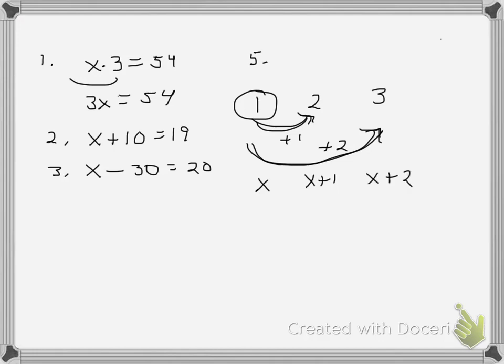So 3 numbers that are consecutive, in order next to each other, are represented by x, x plus 1, and x plus 2. So it says find 3 consecutive numbers whose sum is 42. To make my equation, I'll just put x plus the 3 expressions equals 42. And now for our last equation,